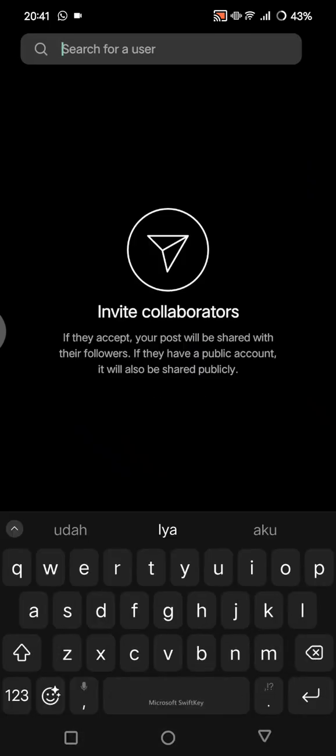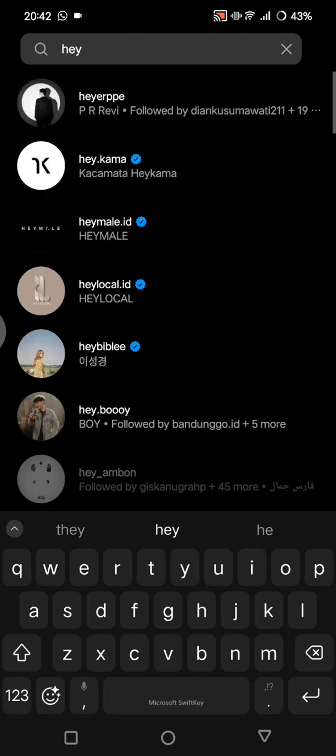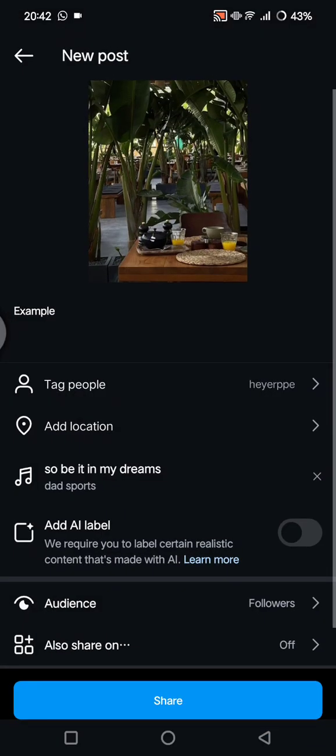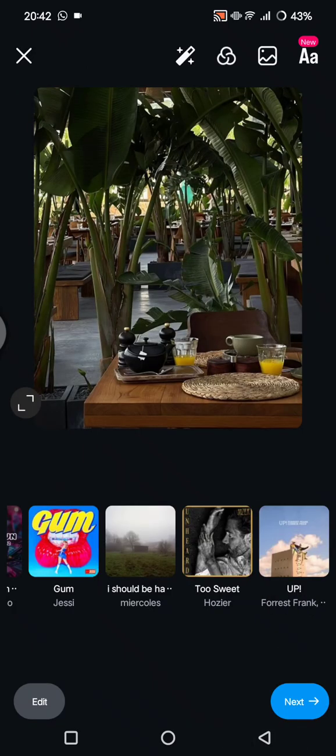Now you can just type in the usernames, the one that you want to invite as a collaborator. For example, this person right here. Now you can just click on the check icon at the top, and now you can just tap on share. Then your collaborative post will be shared, and I'm going to show you how it will look like as a